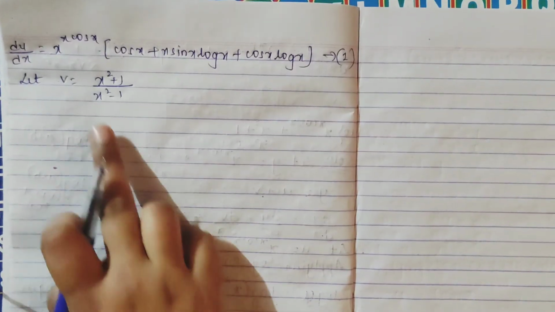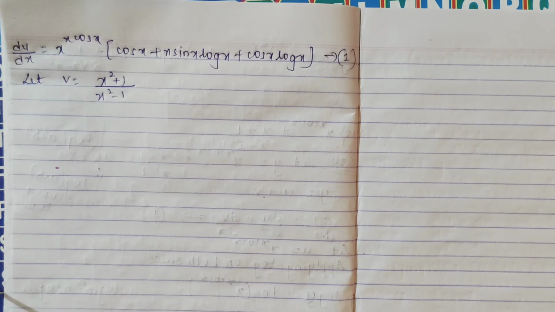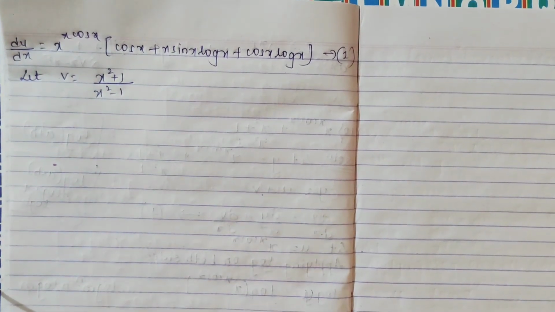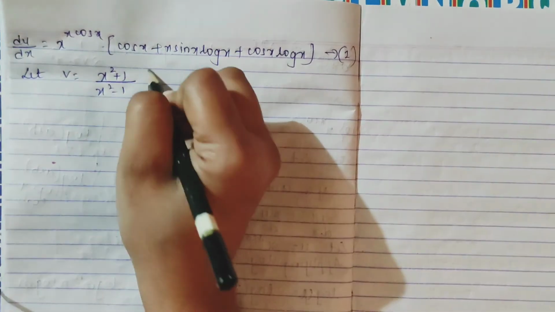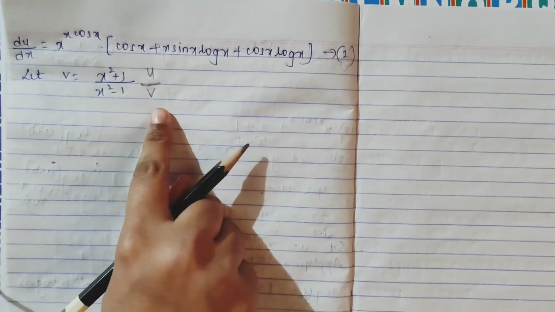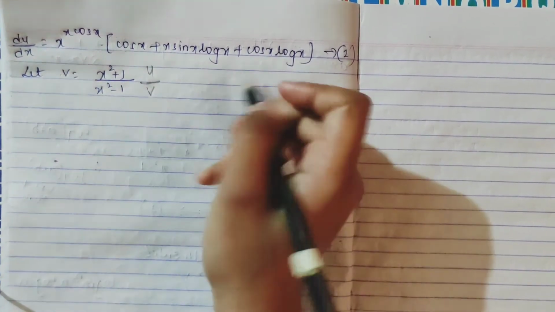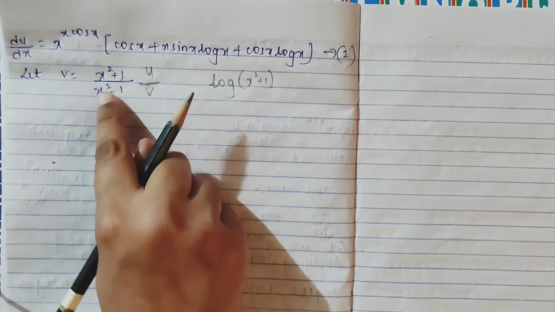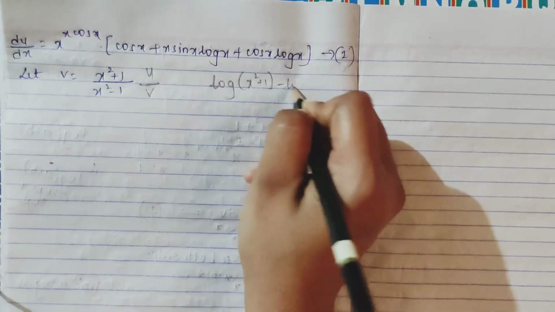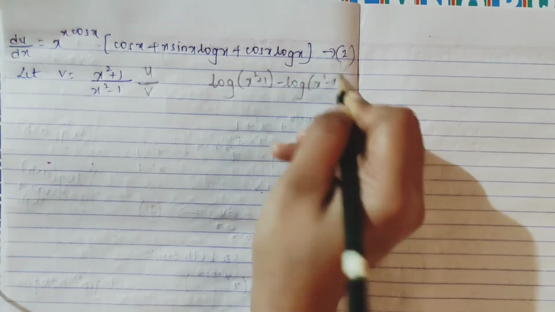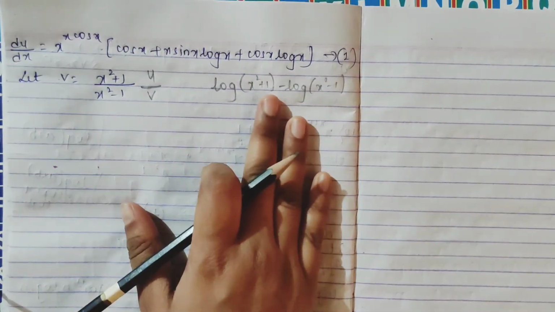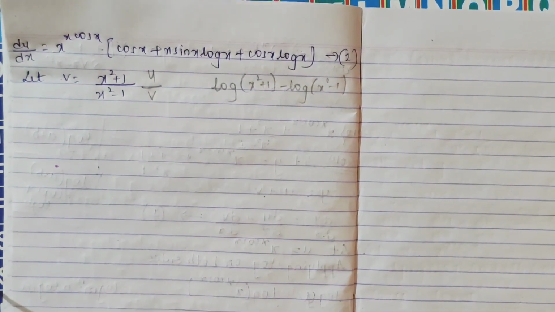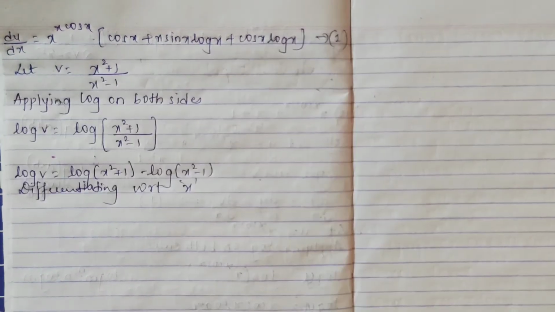Second, your v part, considering the same way. See, for this v, you can do it in two methods. Either directly you can apply your u by v form, or you can apply log, and it will be log of x square plus 1, it will be log m by log n, right, and it will be log of x square minus 1. Either you can go in such a way, or directly you can differentiate, it is totally your wish. So I am applying log here.